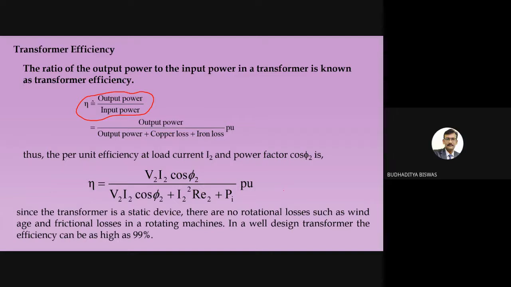There are some losses inside every machine. So forget about the other machines. Now we are talking about the transformer. So in case of a transformer, there are also some losses. And who will actually supply those losses? Obviously the input power. So that means we give some power as an input to the transformer, and that input power is responsible for supplying the output power as well as supplying these losses. Now, that's why the input power in the denominator is actually the summation of output power plus the losses. And how many types of losses are there? There are copper losses and there are core losses.